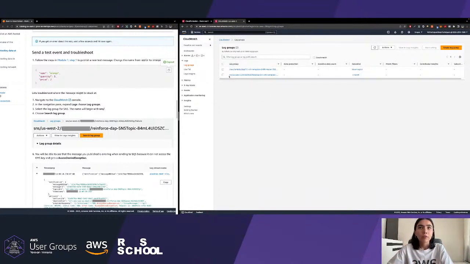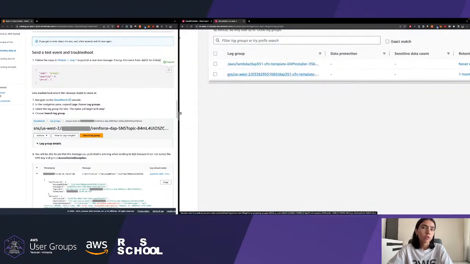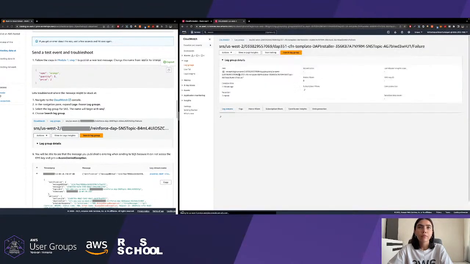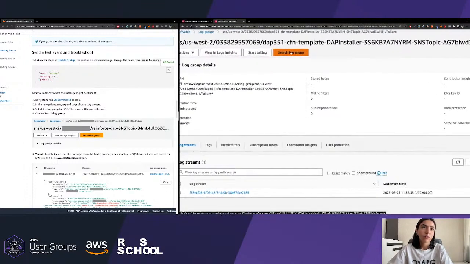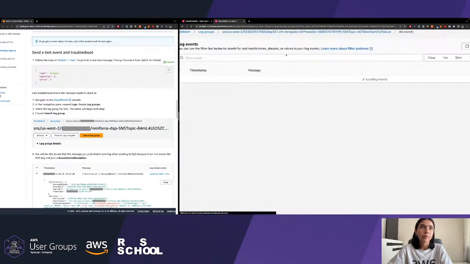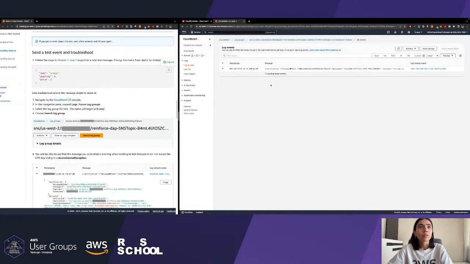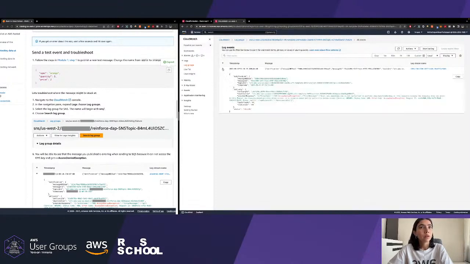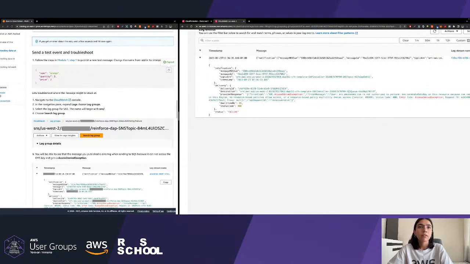And we configured the log groups for the SNS. So hit the one with the SNS in the name, okay? And choose the search log group right up here. Okay, we have a log, and as you can see, we have an error there, which is saying access denied.